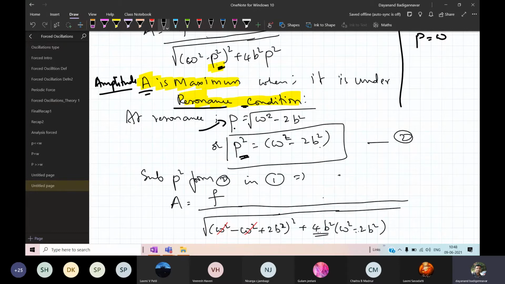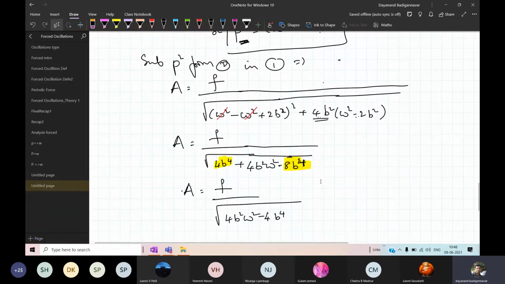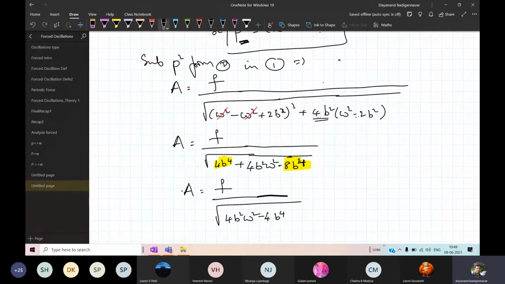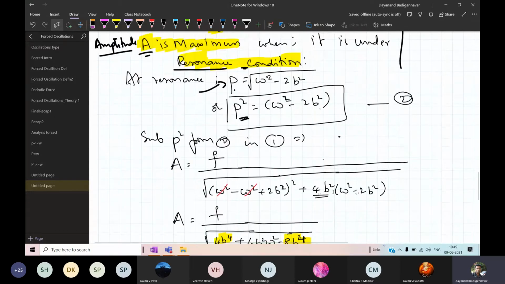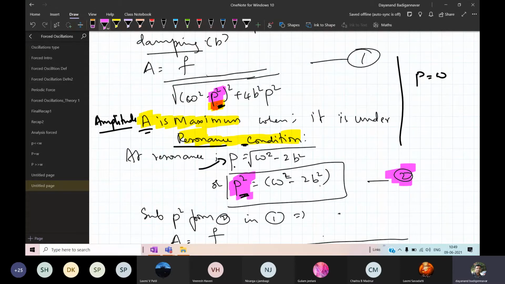Okay, so if I do the substitution, I will get this equation. Okay, I have done simple mathematics. Okay, ಈಗ ತಿಳಿತಲ್ಲ, ಈಗ ಗುರ್ತಾಯ್ತಲ್ಲ ಏನ್ steps. Now I have done the substitution for p square here in equation number 1 from equation number 2. 2 ದಿಂದ ಇಲ್ಲೇ ನಾನು substitution ಮಾಡಿದ್ದೀನಿ. So when I do the substitution, this is what I get.